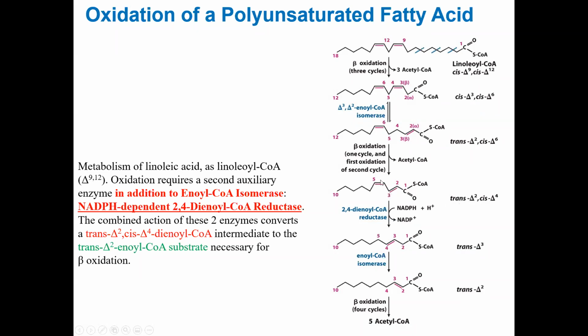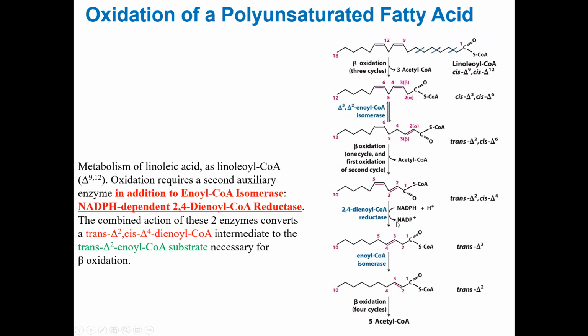And so this kind of system requires a new enzyme called 2,4-dienoyl-CoA reductase, which utilizes the reduced form of NADP, which will be NADPH. As the name implies, 2,4-dienoyl, you can see it's a diene, right, at the 2 position and 4 position. That's why 2,4-dienoyl-CoA reductase is going to reduce using NADPH as the cofactor.